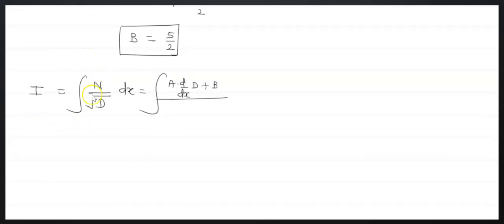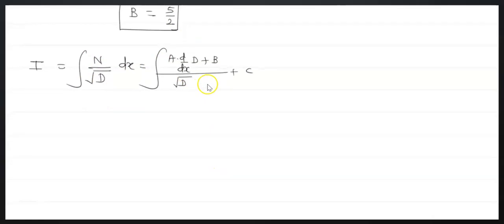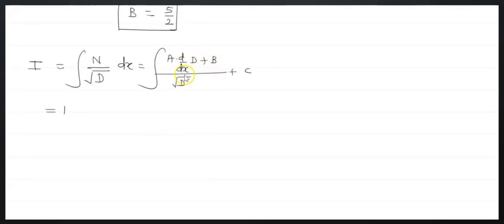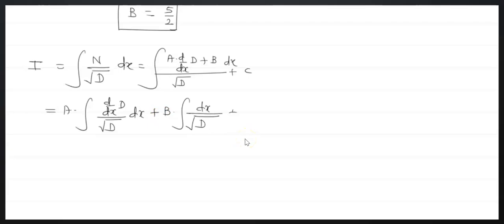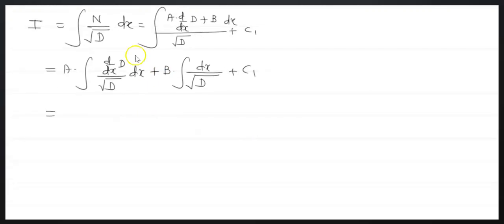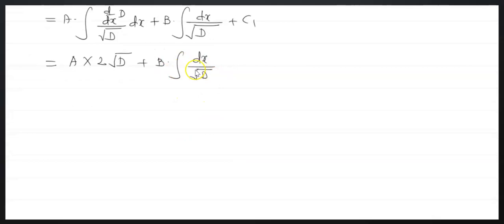Now again, I is equals to integral n upon root of d. This is the numerator. A into ddx of the denominator plus b upon root of d plus c, or it is c1. A into integral ddx of d upon root of d plus b integral root of d plus c1. तर याचं इंटिग्रल किती येणार? That is f dash of x upon root of f of x means 2 times root of f of x, that is a 2 root of d plus b. आणि आपण सेपरेट पॉलिनॉमियल मध्ये एक्सप्रेस करणार, फाइंड आउट its integral,